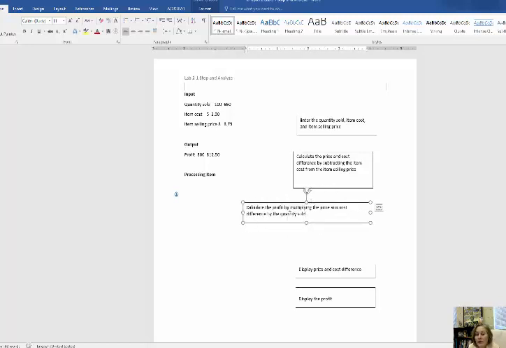So you can calculate the profit by multiplying, and instead of having this, you're going to calculate the profit by, let me write it a different way. I'm going to write it a way that I think is more understandable. So what you could do is say profit equals quantity